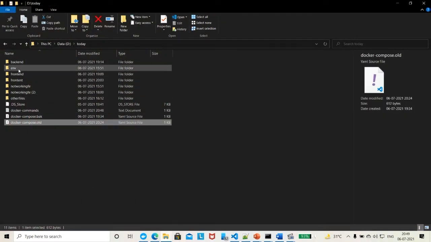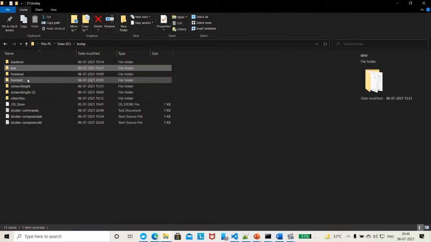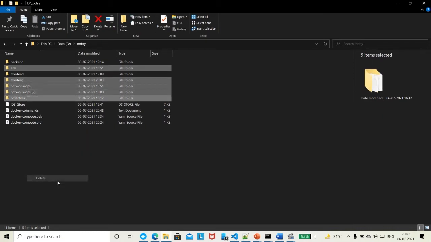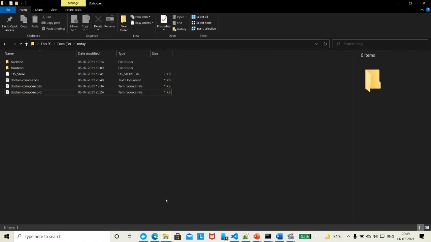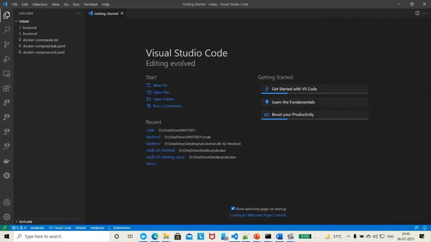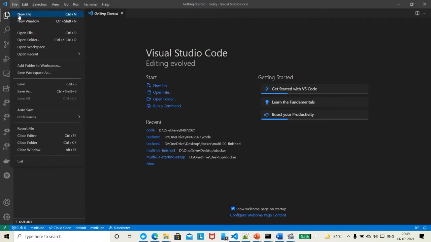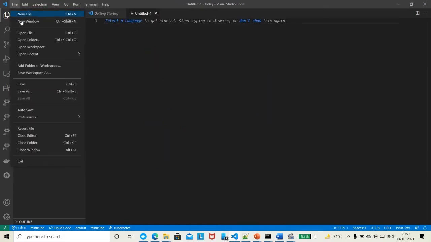So the compose file is actually a collection of services which we will define. We will just create a new file and give it a save.